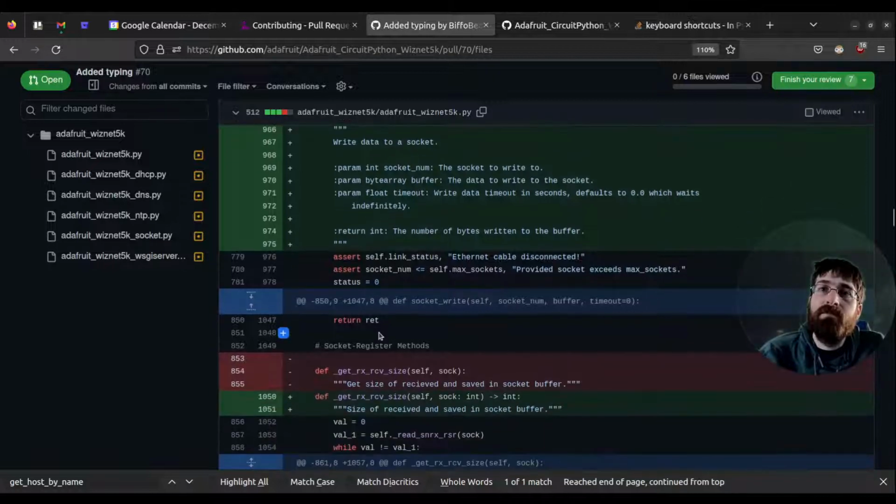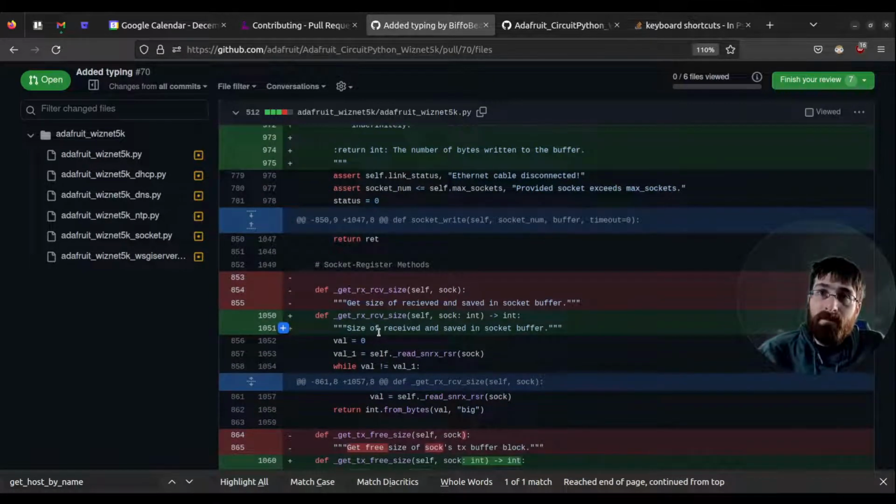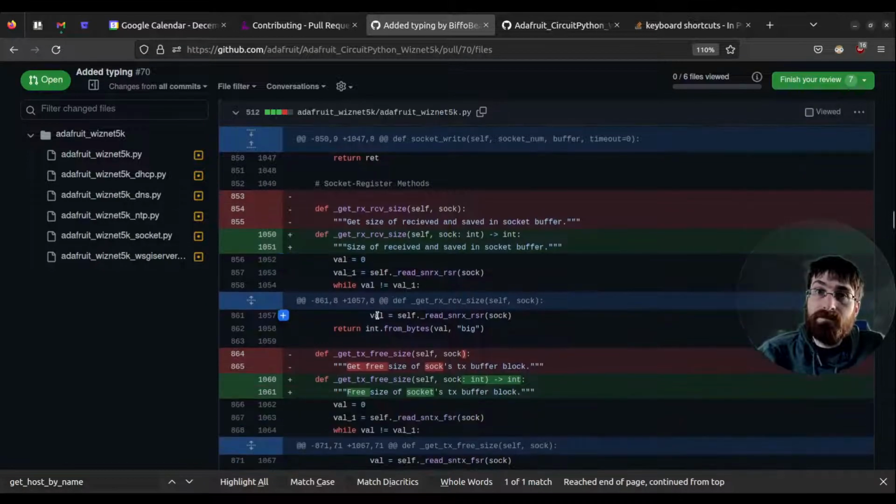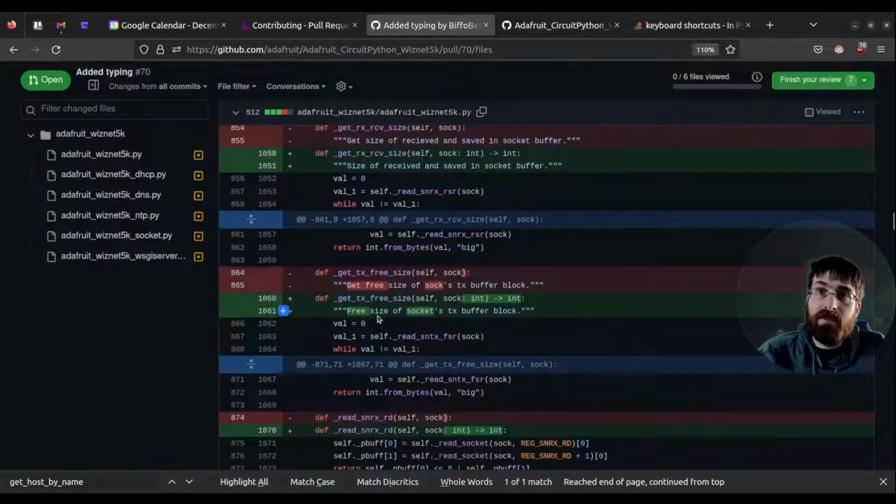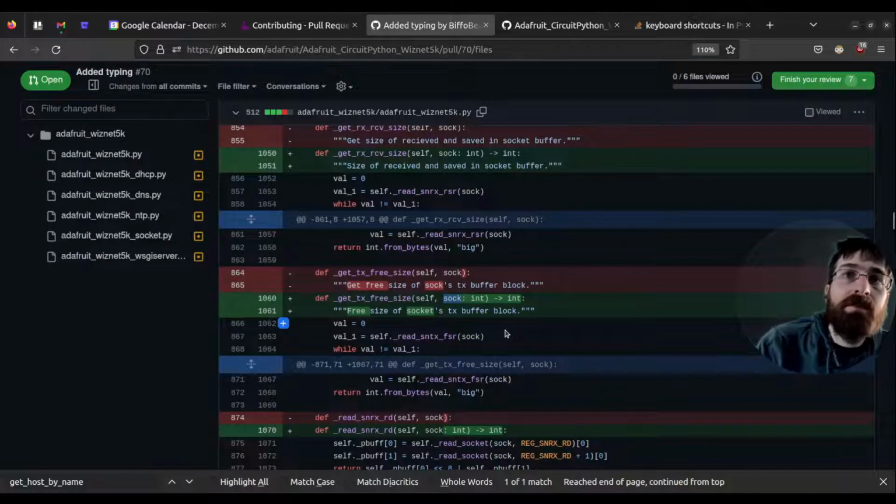Bytes written to the buffer. Free size of socket's TX buffer. Socket int. Surely, I mean, this must be socket number again. If I were writing that, I would probably name that socket number, if that's an accurate understanding of what it is, but